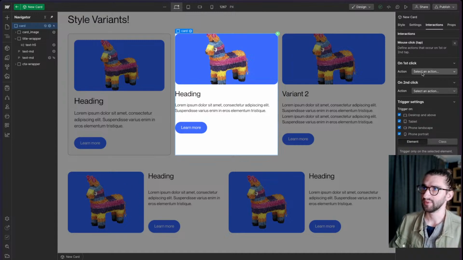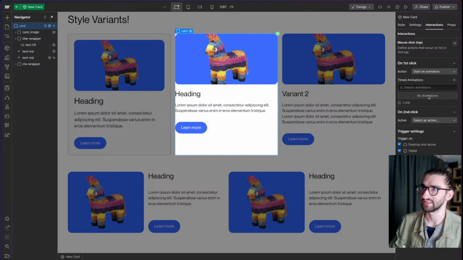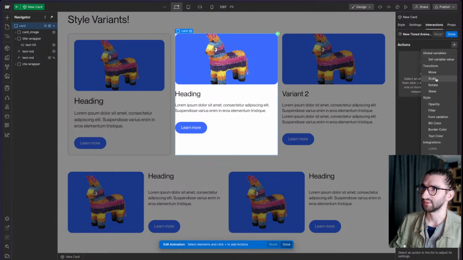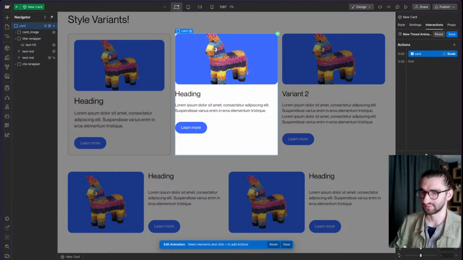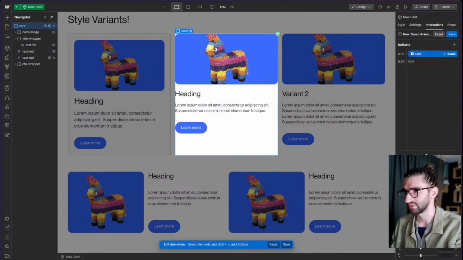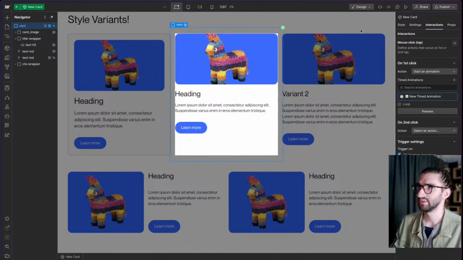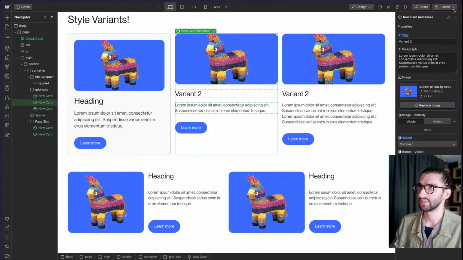If we keep it on element, which would be weird, because as a component, I'm pretty sure it adds an ID. But let's say when we click it, we want the scale to become 1.1. Sure. So now if I publish this,